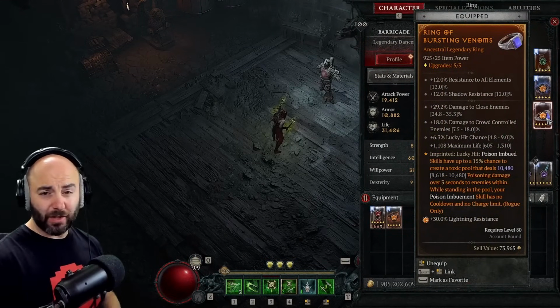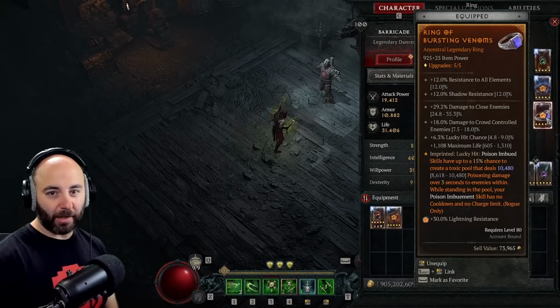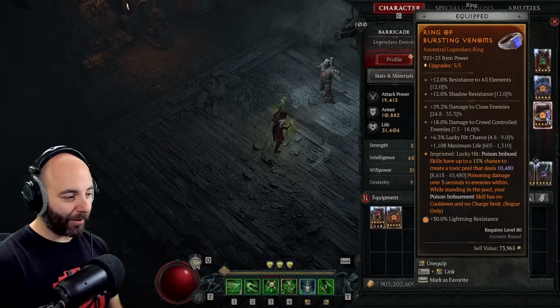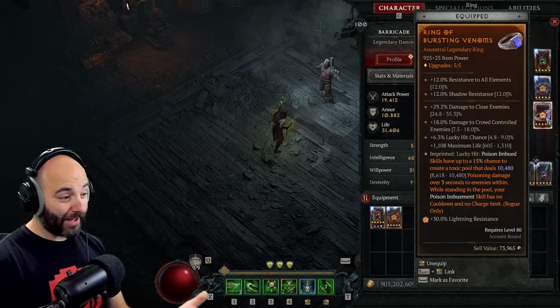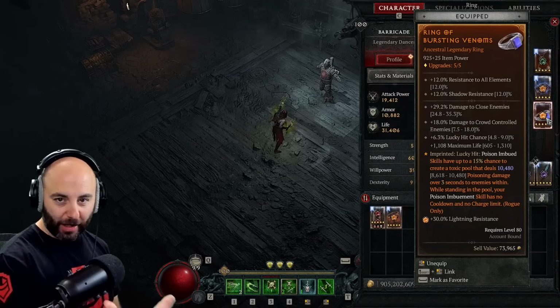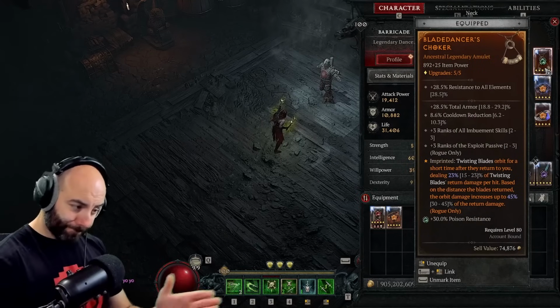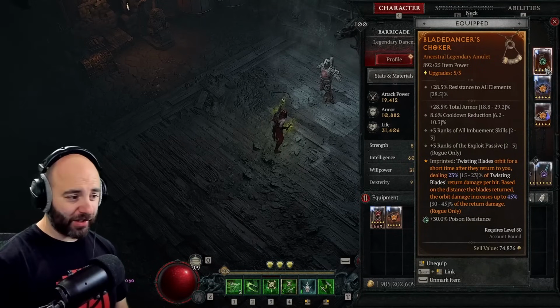The other ring that I use, these are the sort of affixes I think you should go for: close crowd control, lucky hit, and maximum life. Life, make sure we're not dying, right? If our life hits 0, we're spending a lot of sigil powder to get back in there. So I prefer those affixes. I like close crowd control, lucky hit, and life for everybody. I'd recommend that. As for a necklace, so I don't have the ideal one just yet, but it might be